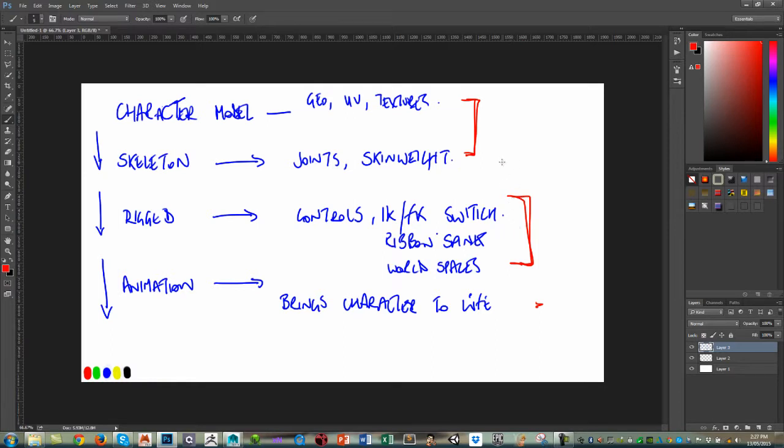Now, traditionally within pipelines, they can be very linear. So the rigger is waiting for the character model to be finished and then sets everything up, and then the poor animator's waiting for all this to be finished, ready to animate. And I've often seen animations all be applied in the same file. It's this single file that just gets passed down the chain, and animation applied and then extracted, and it's very inflexible, and this guy at the end of the chain has to wait